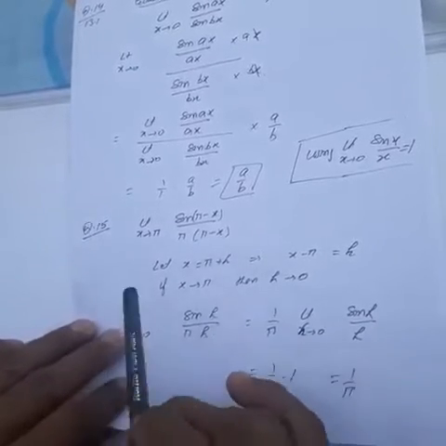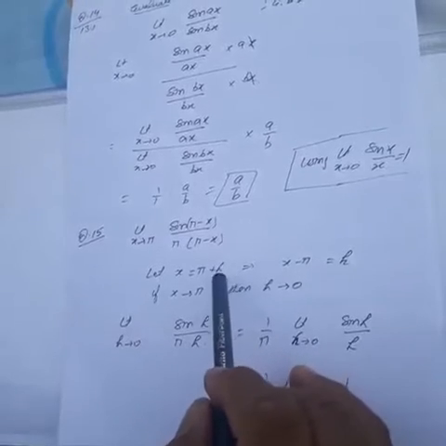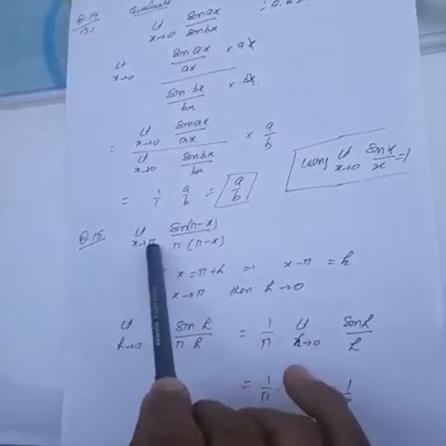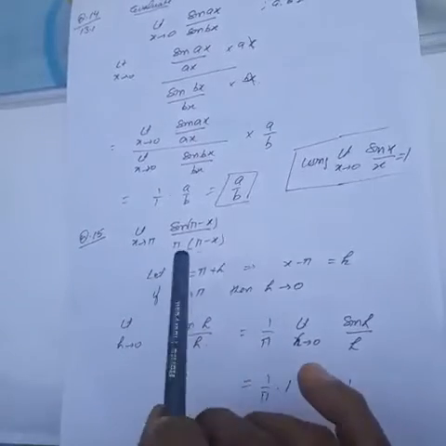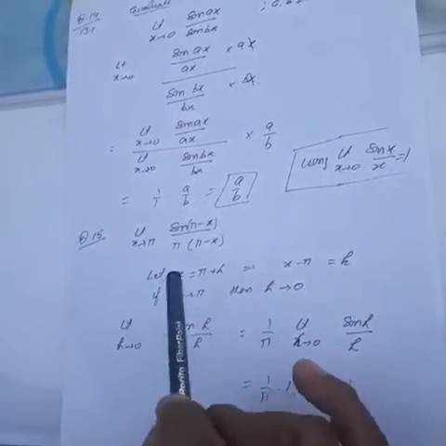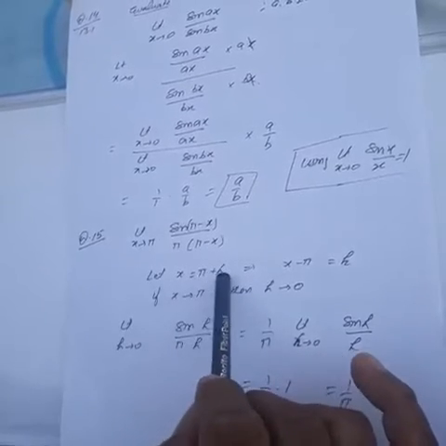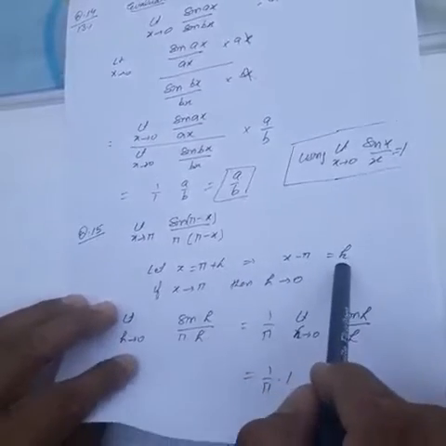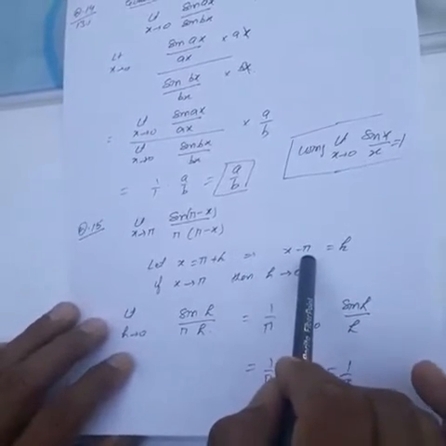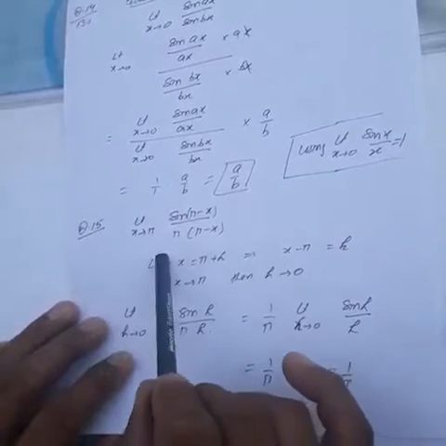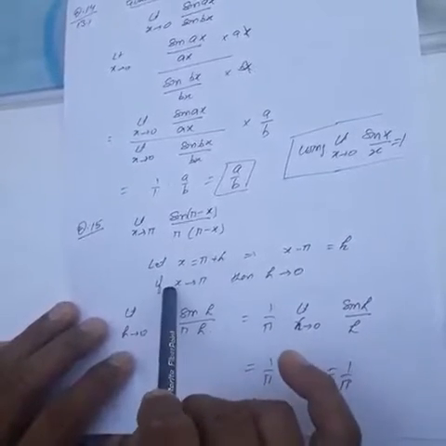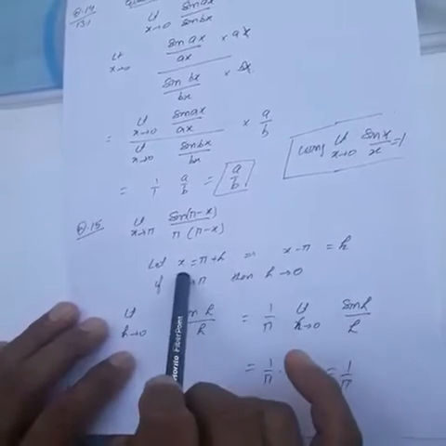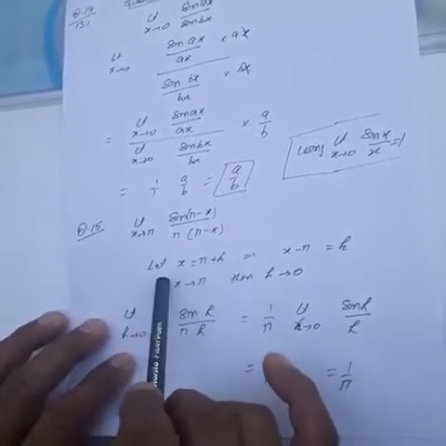So in the limits, h represents a small value. So that's why it is h here, a very, very small value. Because x is approaching pi, this is not exactly pi, and h is very, very small. So you can replace this by h. So x is equal to pi plus h. You find the value of h, which will be x minus pi. And you have to change the limits. When x tends to pi, then h will tend to 0. You can try to replace x by pi, so h will be 0.